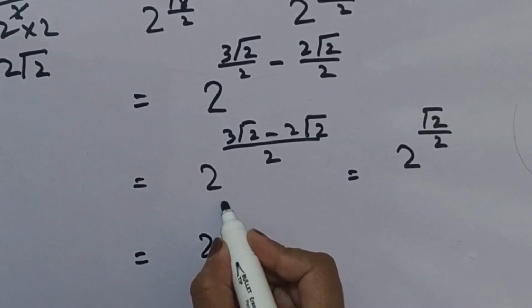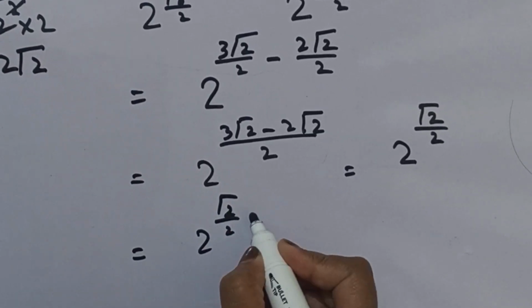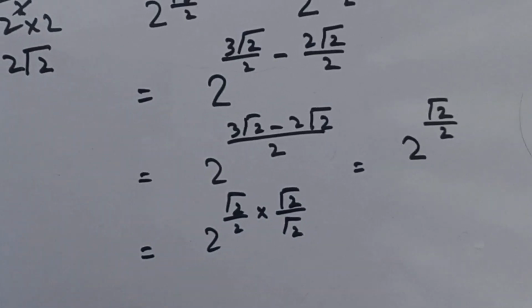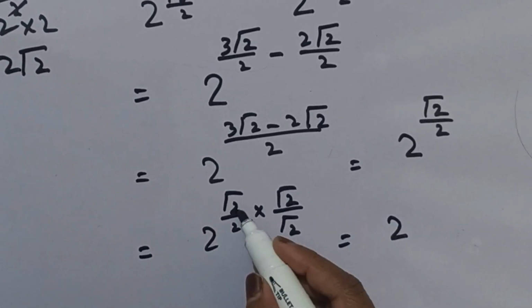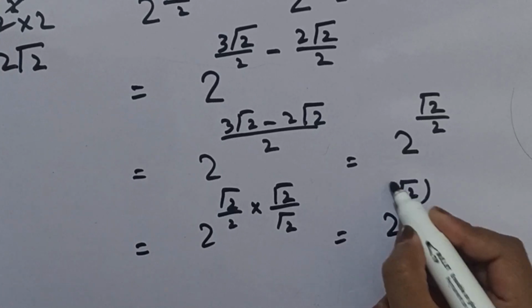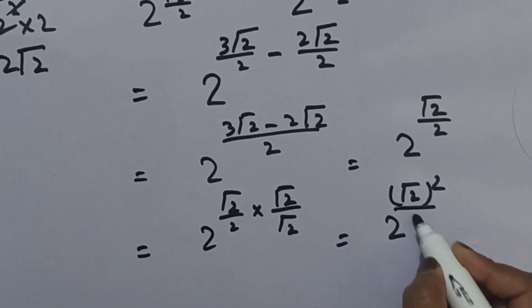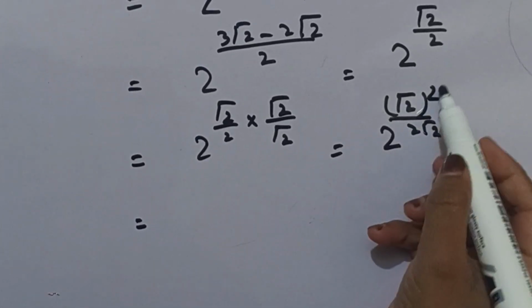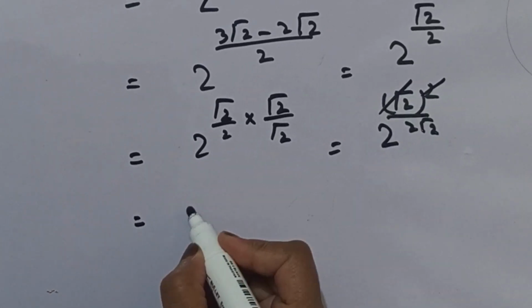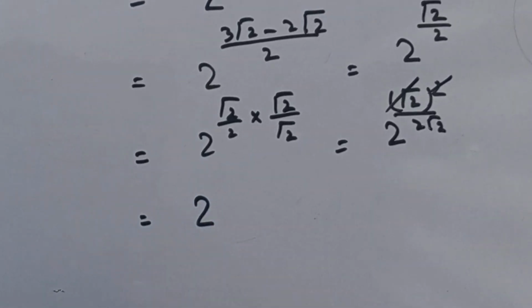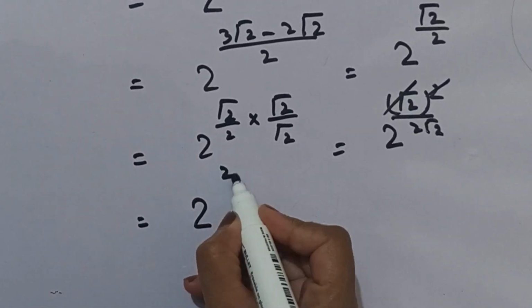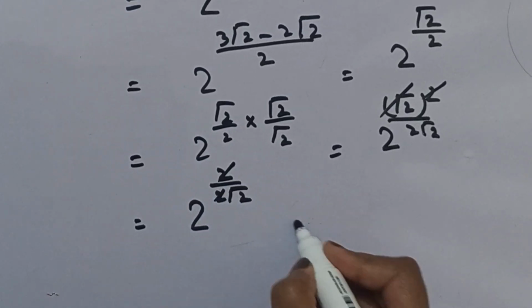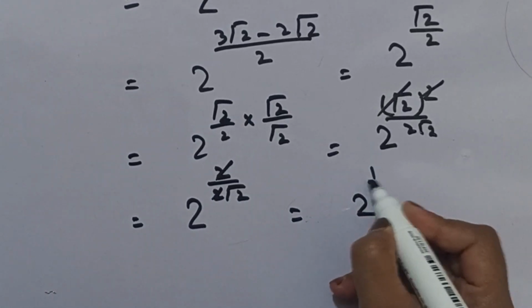We have 2 raised to the power square root 2 over 2. We multiply this by square root 2 and also divide this by square root 2. Then we write this as 2 raised to the power square root 2 whole square over 2 times square root 2. And this is equal to, in the next step this square and square root will cancel, we get 2 raised to the power 2 over 2 times square root 2. In the next step this 2 and 2 cancel, so we get 2 raised to the power 1 over